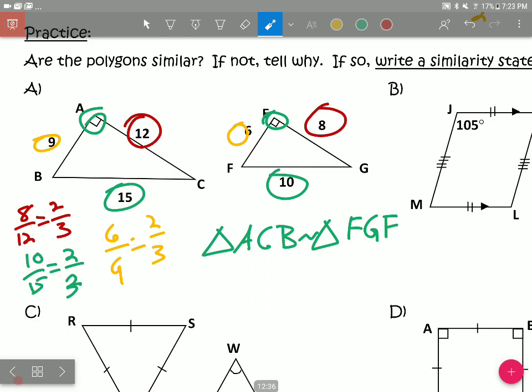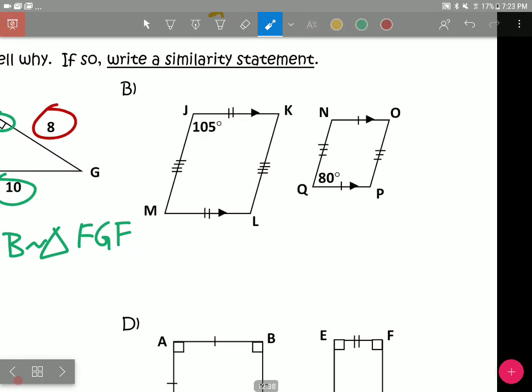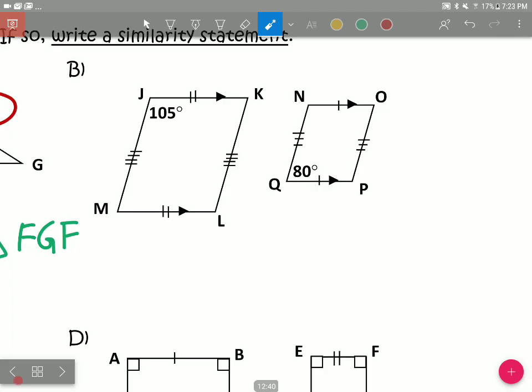Okay, I'll do the next one and let you do the last two on your own. All right, so parallelograms. Yay, parallelograms. If I got a 105 in this corner, that means this corner is also 105, and that means these two are corresponding. 180 minus 105 is 75 degrees, which should tell you right off the bat that this does not match this. So the answer is